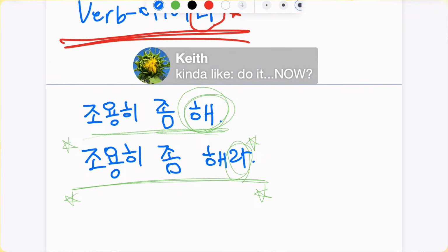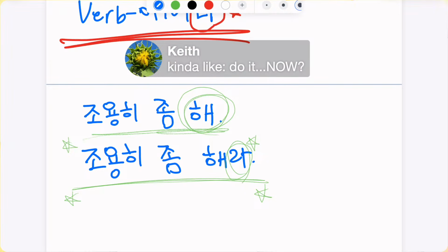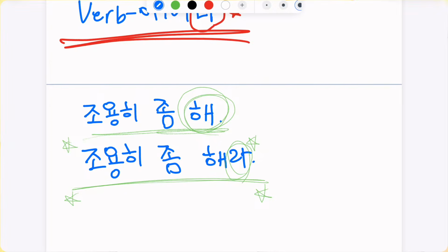Kind of like do it now. 네. 그러네요. 맞아요. I never thought of it this way. But 항상 그렇진 않아요. 물론 항상 막 do it now. It doesn't always add that nuance, but many times I think it does. 네. 근데 항상 막 do it now 이런 건 아니에요. 항상 이런 건 아니에요. 예를 들어서